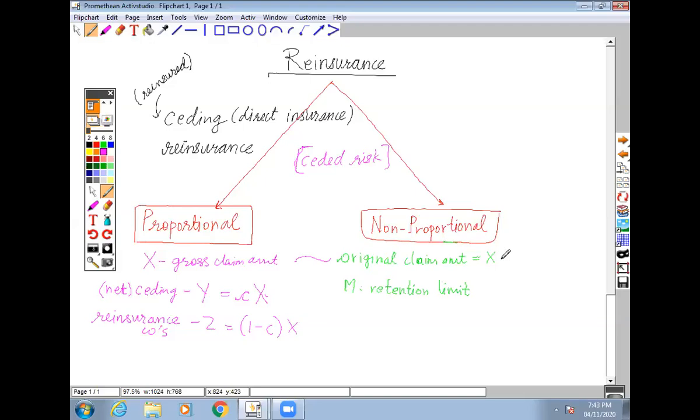Now what's happening is, whenever you incur a claim, you record it with the insurance company, they have it in their books, and they'll see if it exceeds M or not. And if it exceeds M, they will record this in the reinsurance company's books. That is how the reinsurance company will come to know that this claim has exceeded M, and that they will have to incur some part of the claim that the ceding company has incurred. Does this make sense? Yes. So again, we have to look at everything in the contract.